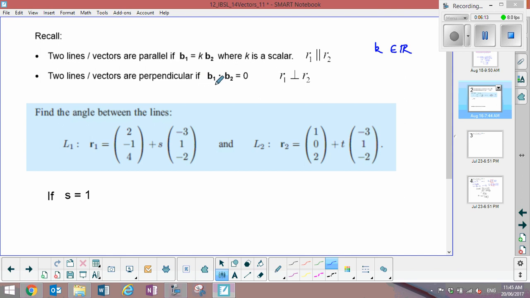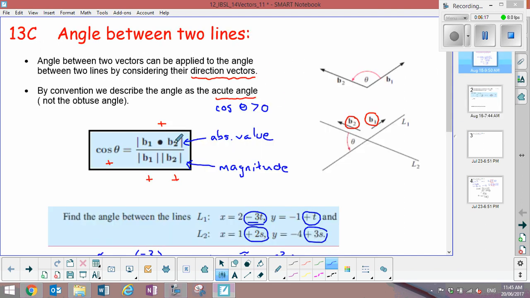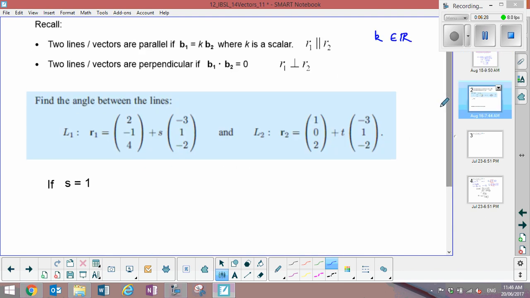If they're perpendicular, then the dot product will equal 0, which means back here the numerator will be 0. Therefore, the whole term is 0, so cos theta is equal to 0. That means theta is 90 degrees. So in this example, when we're asked to find the angle between these 2 lines, what you want to do